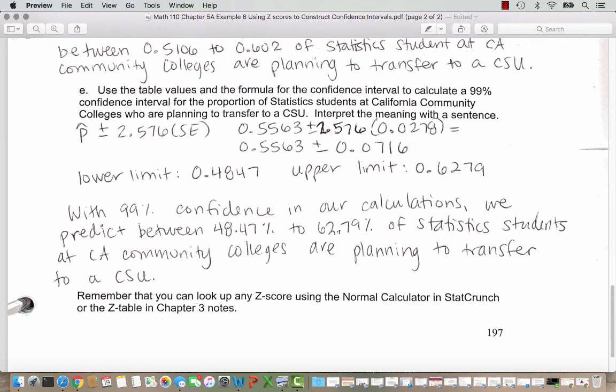So the differences here are that I use percents instead of decimals to convey my range of values, and then I explain my 99% as how confident we are in our calculation. That's the same thing as saying that we are 99% confident. So you somehow want to explain that that's how confident or how sure you are that you calculated correctly or that you captured the true population value. And then our prediction here is about the whole population, all the California community college students. And then there's a note that you could look up any z-score using the normal calculator or the z-table. I think the z-table is in the chapter 4 notes. All right,